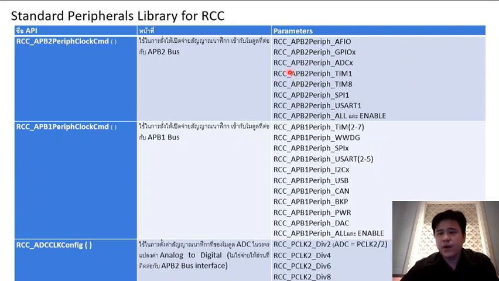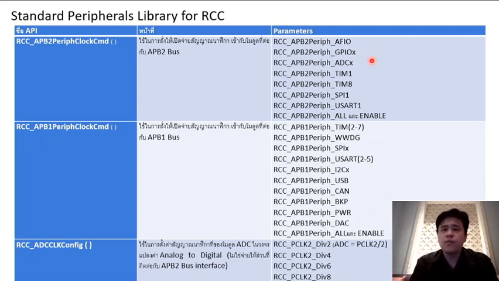Then you just give the parameter RCC APB2 peripheral GPIO-A or GPIO-C to this function. Then this function will enable your GPIO-A or GPIO-B for use. And if you would like to use other things such as timer, SPI, UART, you can specify them by using this one. And one more thing, if you would like to open more than one peripheral, such as you would like to open GPIO-A and at the same time GPIO-B, you can